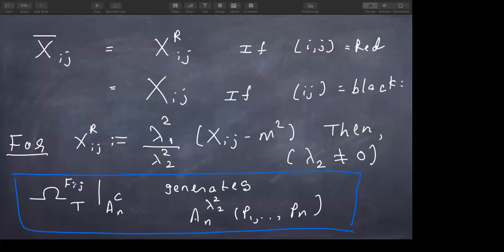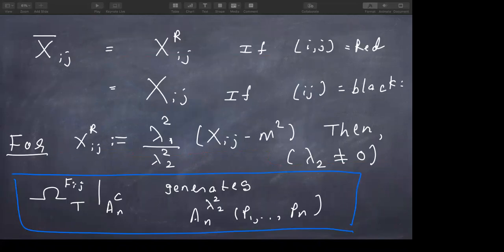The first equations are what I said earlier. Because we are going backward, trying to find realizations which give us the amplitude, we can show that if XRij is given by lambda1 squared over lambda2 squared times Xij minus m squared, where m comes from the pole and the lambda1 to lambda2 ratio comes from the coupling, then it turns out that the form we have, which is this form,